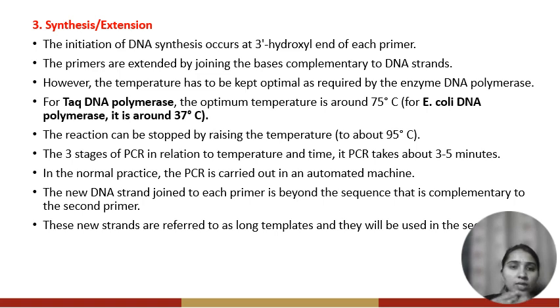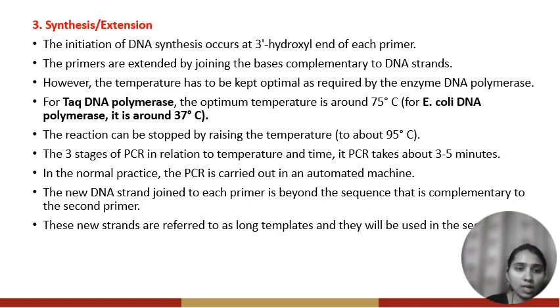When PCR was first discovered, E. coli DNA polymerase was used. The optimal temperature required for the E. coli DNA polymerase is around 37 degrees Celsius. But in this third step of the PCR, the temperature goes to around 72 degrees Celsius, so this enzyme is not able to withstand that temperature. That's why nowadays Taq DNA polymerase is used in the third step, the synthesis step of